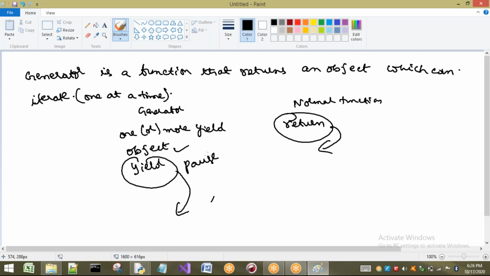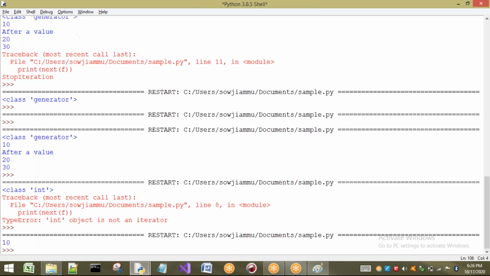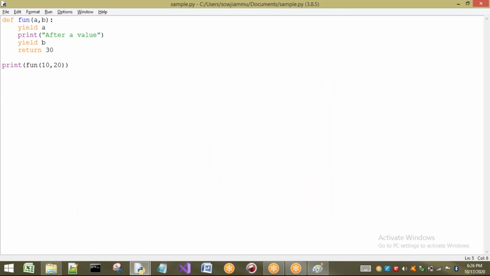Okay, this is about the concept of generator functions. Now if I write return here, see what happens, you can understand clearly. Here I am going to call f. It is going to return what? Yield, because first here we are having yield. Now I am going to write f equal to fun, with 10, 20 and so on. Here I am going to write print of